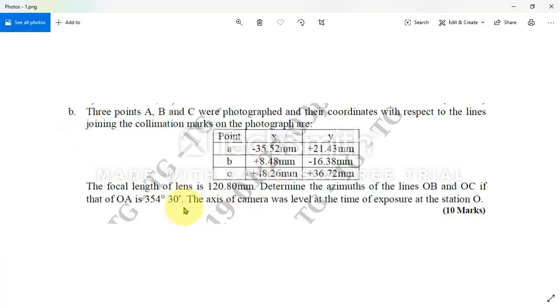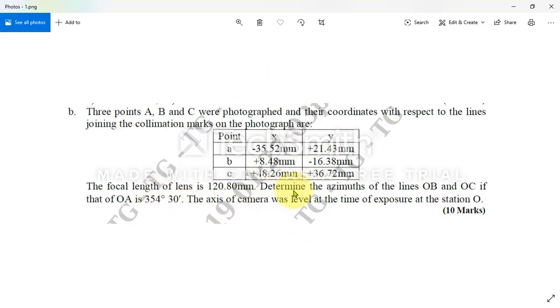Here you can see one question that is asked in the VTU exam. This is the problem based on the azimuth. So the same type of problem we already solved in our video lectures. You can check it on your YouTube, and you can see the question is asked for 10 marks. Very easy question. 10 marks easily you can get from this problem.